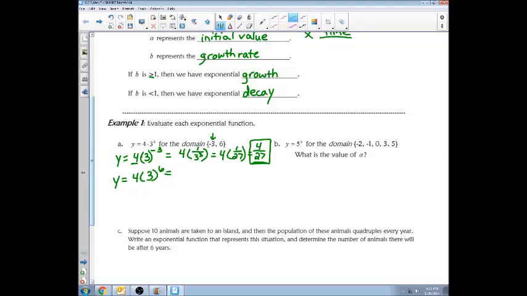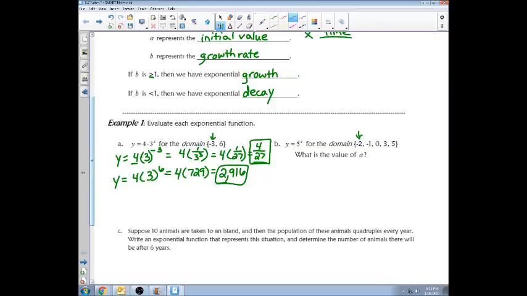3 raised to the 6th power is 729. So I'll have 4 times 729, which is equal to 2,916. So now you've seen an exponential growth problem and an exponential decay problem, and we're good from there. So part B,